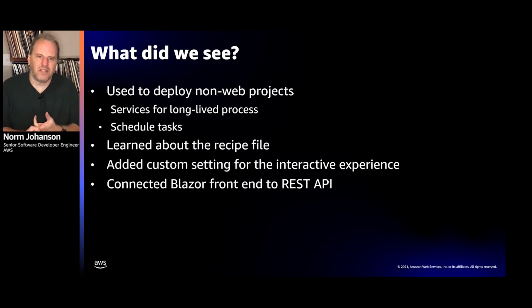And we did more customizations of our deployment project this time. This time we learned about the recipe file inside of our deployment project, which allowed us to add new UI settings. We basically customized what Visual Studio looks like with our deployment projects. We added a new setting, we connected that setting back to our CDK code, and were able to then connect it with our application. We also looked at how we can hook up REST APIs as backend APIs for our Blazor application. So our Blazor application now knows where to go make its REST API calls.